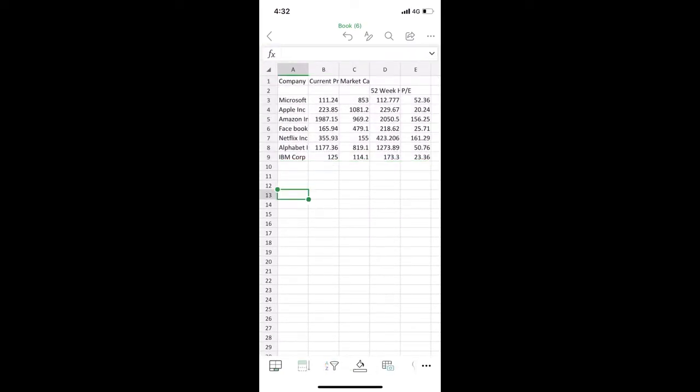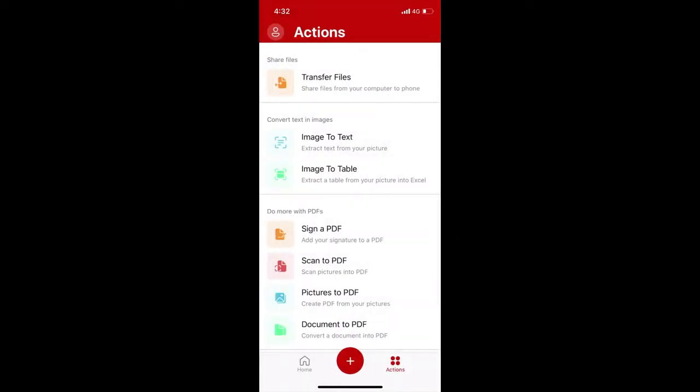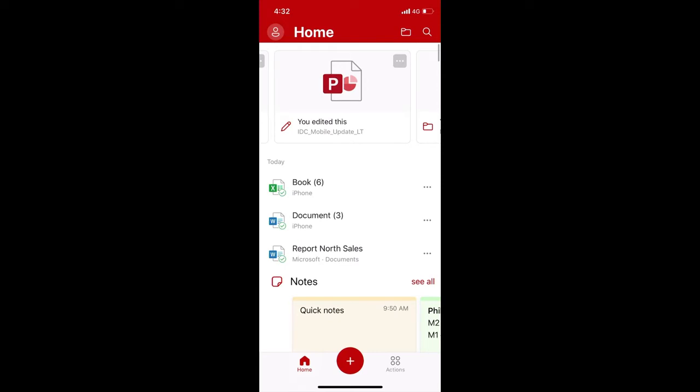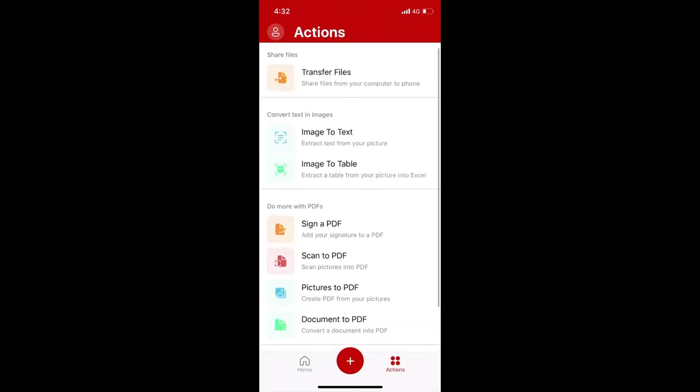The next thing I want to show you is, sometimes you're at a conference, taking a bunch of pictures that look interesting to you. Maybe you want to create a trip report out of it, create a PowerPoint presentation to send to your team. Today the workflow is a lot of people email it to